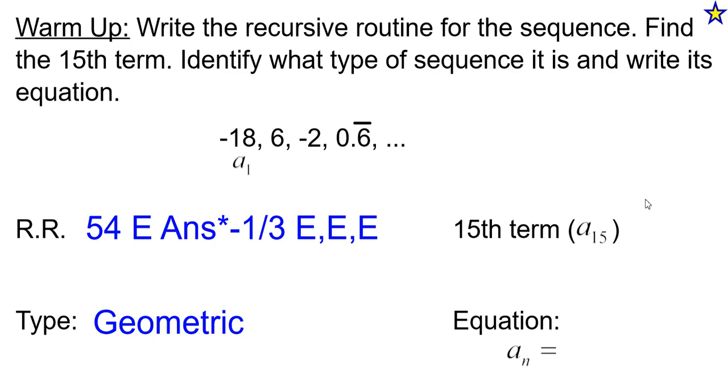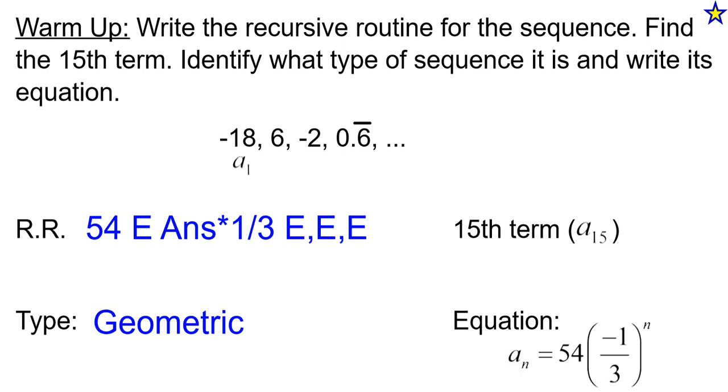So if we do that, we would have a 54 as our initial term, our 0 term. So we'd have our recursive routine of 54, enter, answer times negative 1/3, enter, enter, enter. And again, it's geometric because we have that common ratio, that common multiplier. So if I want to talk about writing the equation, I have all the pieces that I need to write my geometric representation, which would be 54 times a repeated multiplication of 1/3